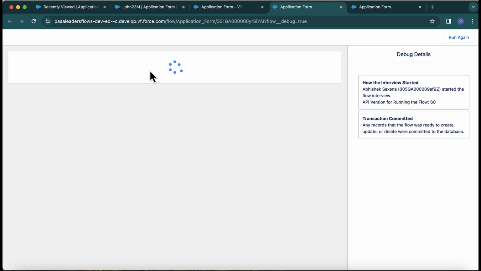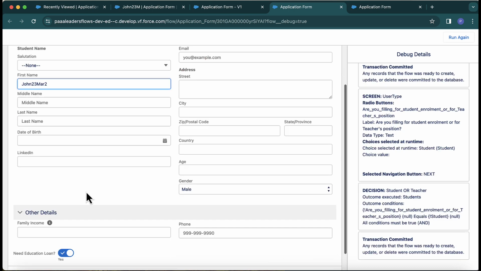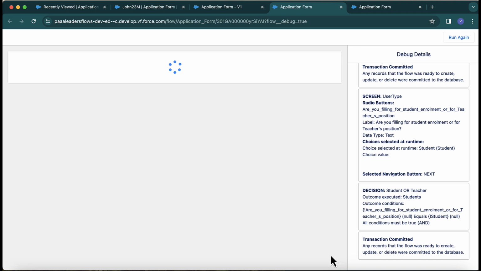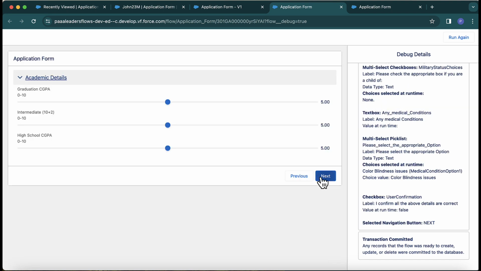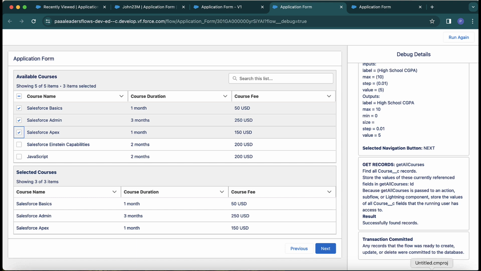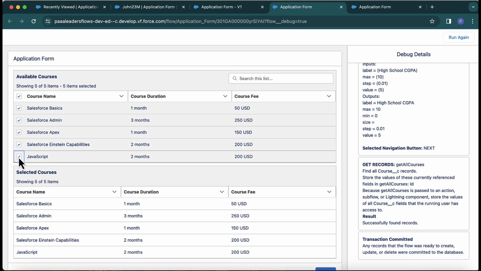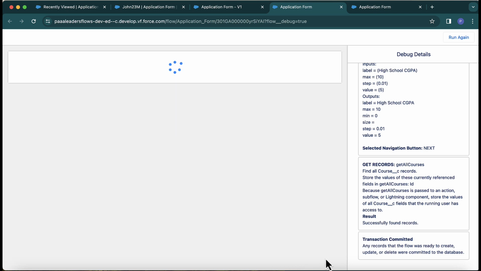I select a student, give the name, and then next, next, next. And here I'm doing the course selection. So when I select 1, 2, 3, these 3 courses, let's select the 4th and 5th one also. I'm selecting all the 5 courses, and when I click on next,